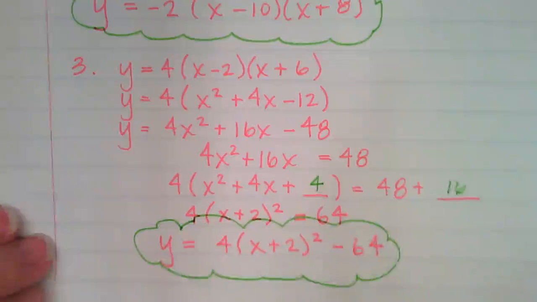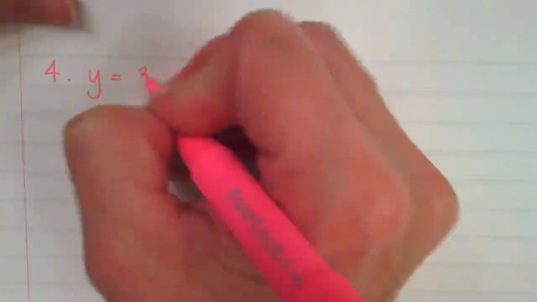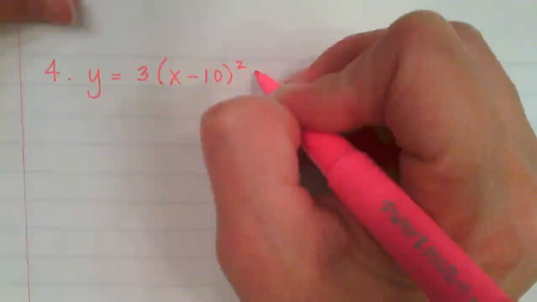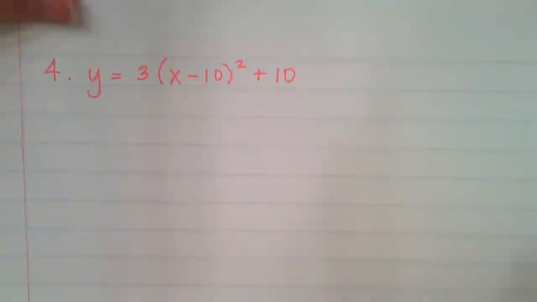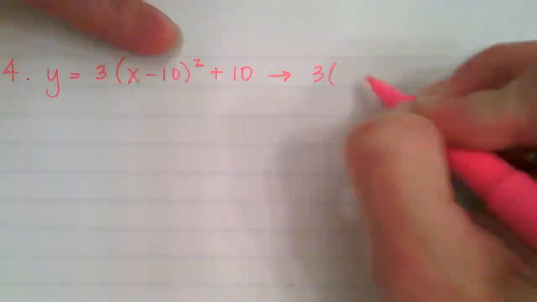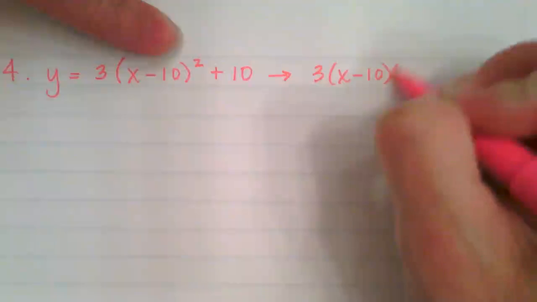Okay, moving right along. So I'm on to number 4, so I need to go to a new page. All right, number 4. I want to write standard form. Standard form is when we need to multiply the binomials together, distribute the GCF if there is one, and then combine like terms. So I need to first remember that this means 3 times x minus 10